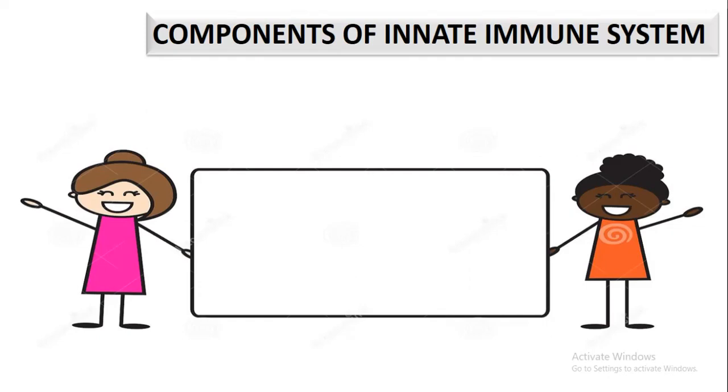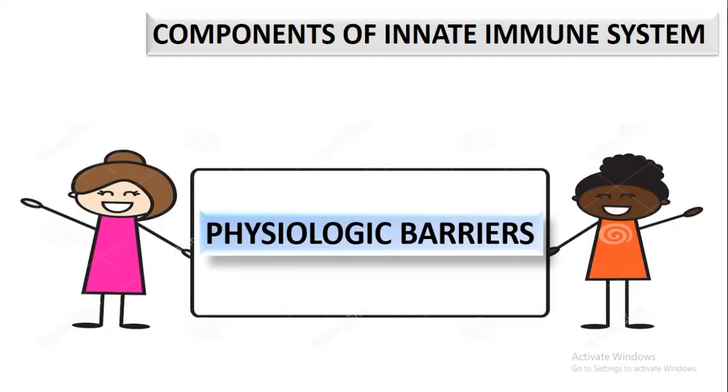So, ladies and gentlemen, in my next class, I'm going to go into much more detail on the components of the innate immune system. I've already explained that the innate immune system is made up of two components, the cellular part and the physical barrier part. In my next class, I'm going to explain the physical barriers in detail, and I'm also going to go into detail on the cellular components, where I'll discuss the individual cells.